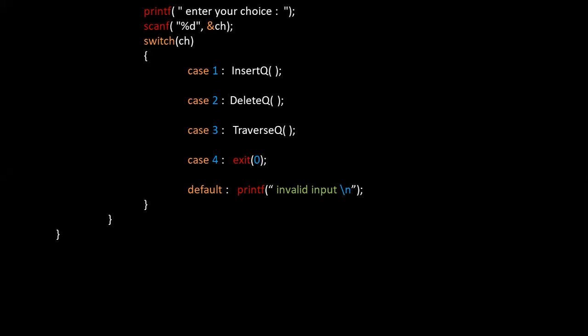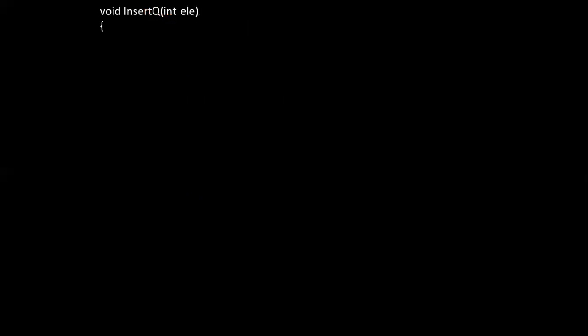So here we have to write the body for all these methods. We have to write the body for the insert method, delete method, and traverse method. First one is an integer function. So whatever elements we need to insert, we need to collect, and of course it is not returning any element, so the return type is void.